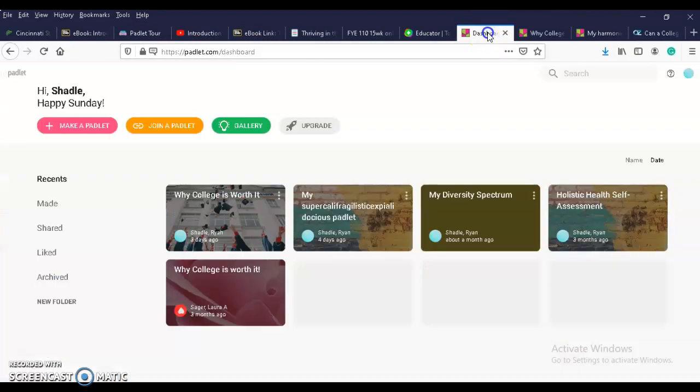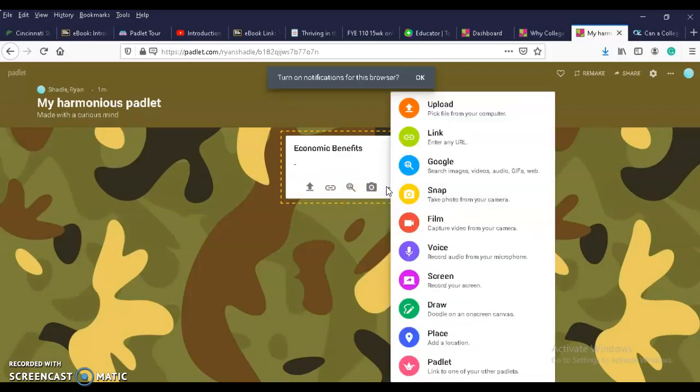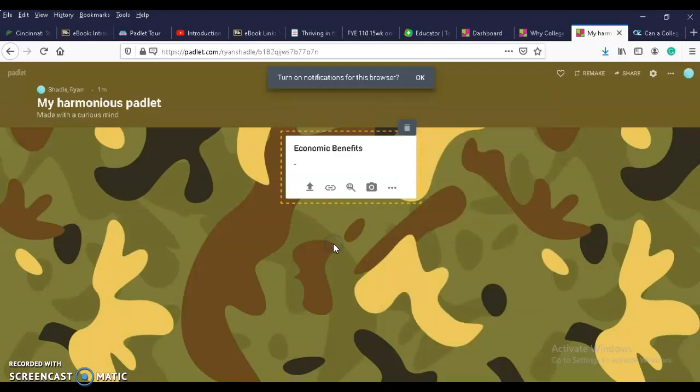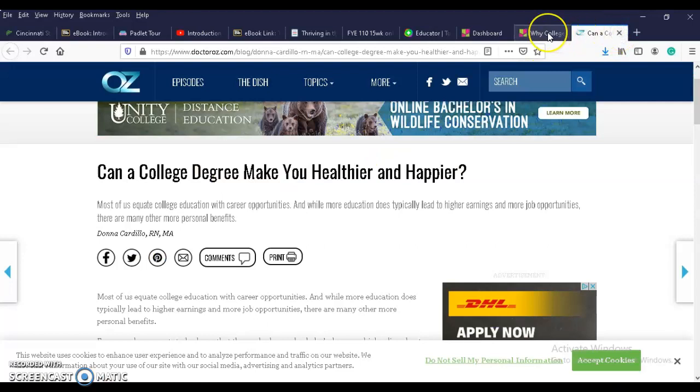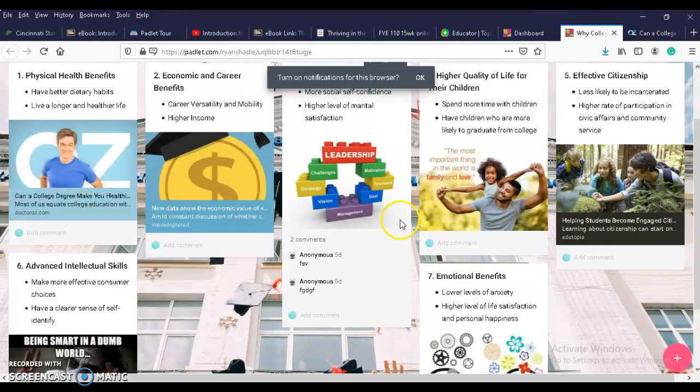And then you will embed an article, upload a picture, submit a link, and more. You can even capture a video from your camera if you'd like. So you've created your Padlet, and it looks something like this.